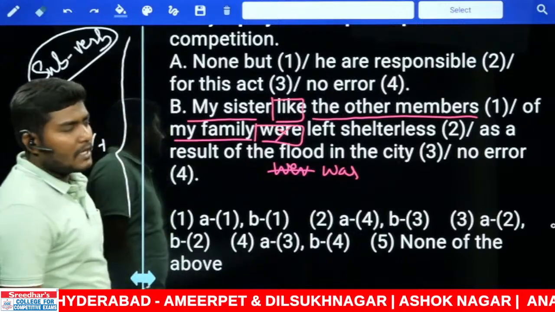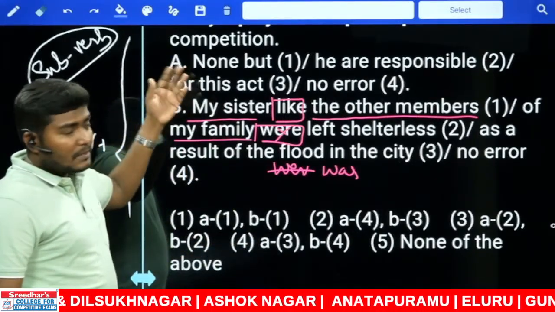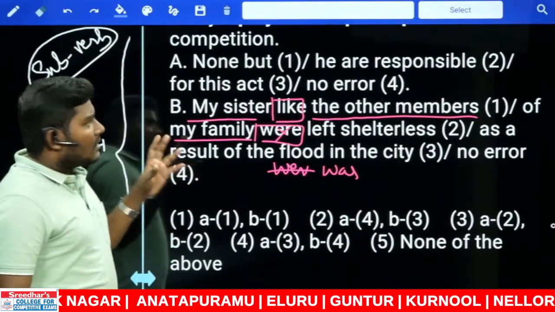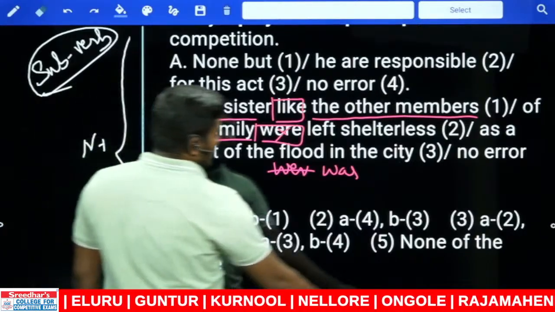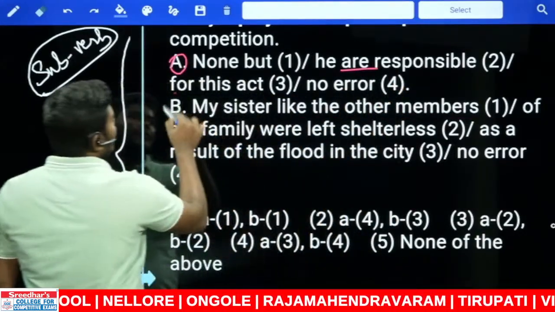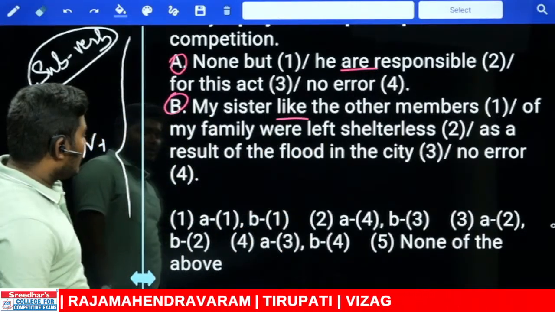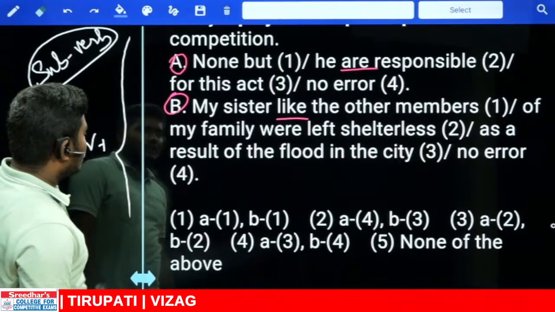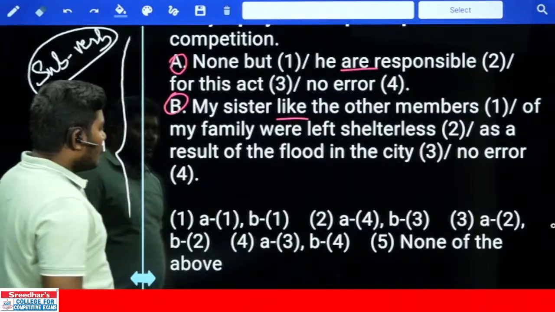Singular combination should take. So this is also subject verb agreement. The first one was also subject verb agreement. Second one is also subject verb agreement. So obviously the whole error is dependent on the subject verb agreement. Now we need to find out the positions. Now in A we have the error in the second part. In B we have the error in the first part. Now A first and B second. Where is that option? Sorry, A second and B first. A second and B first. Do you find that?